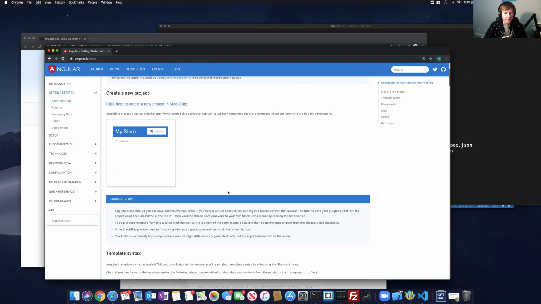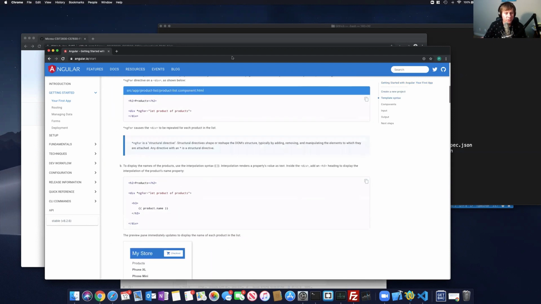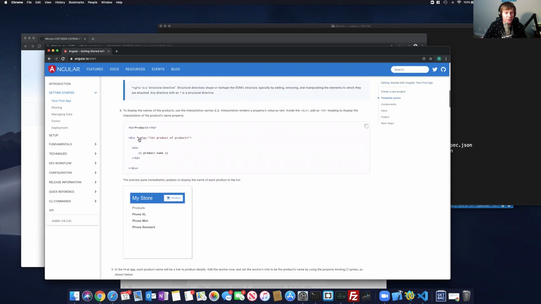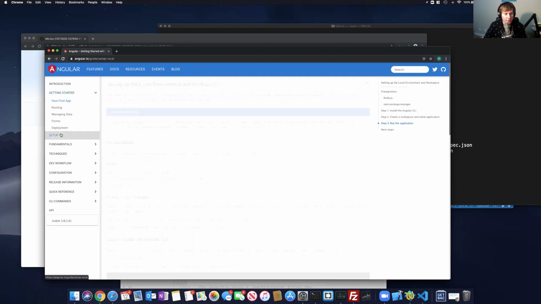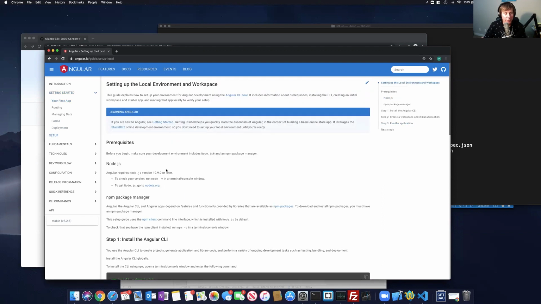Now, if I scroll down, it goes through a tutorial, so I recommend you go through this tutorial, learn the directives, learn the proper syntax. Now, what I'm going to do is set up Angular. So first, let's set up Angular. Then you pick the tutorial you want to go through, and then make sure you submit that to Canvas and GitHub